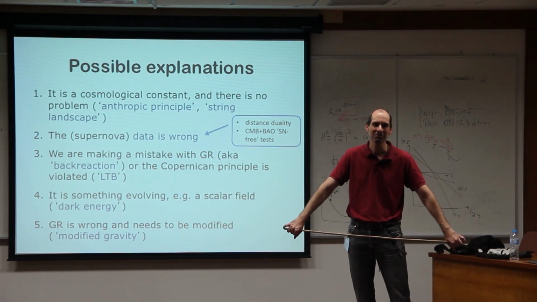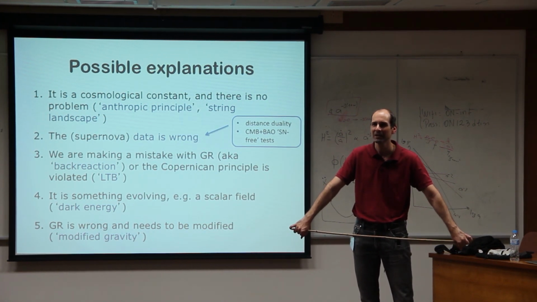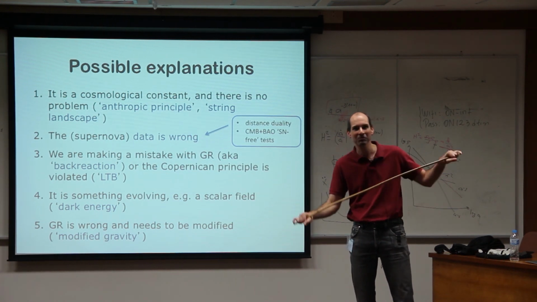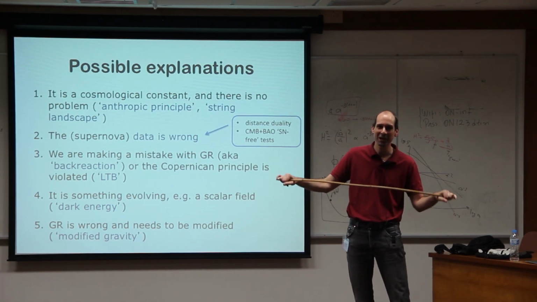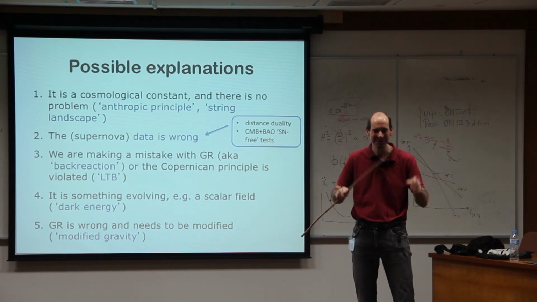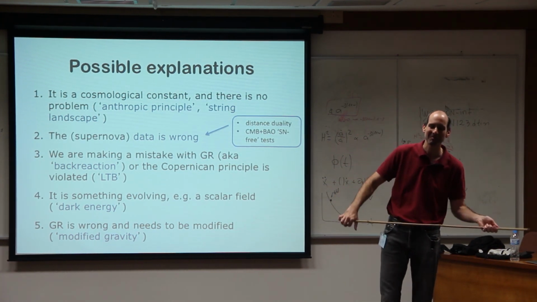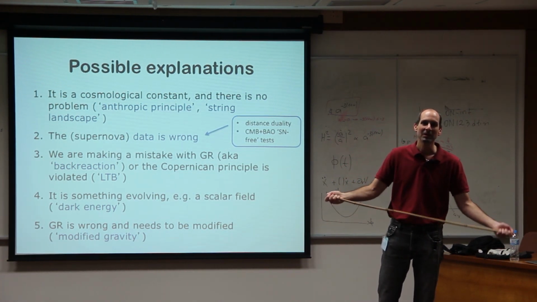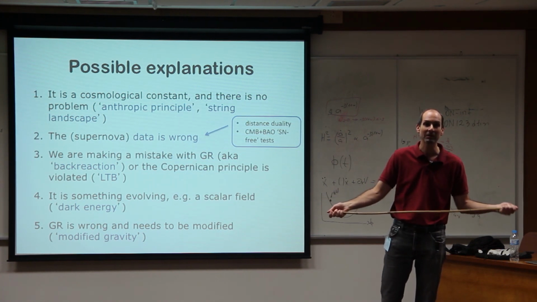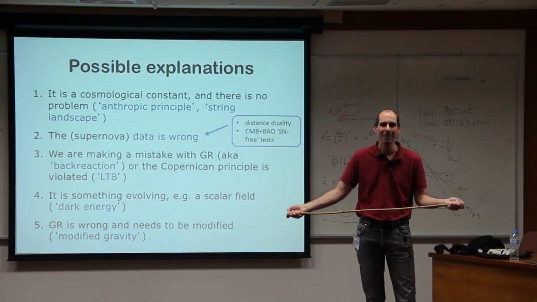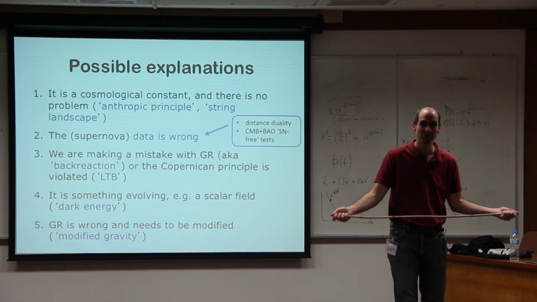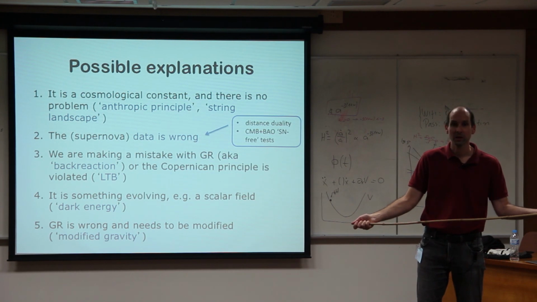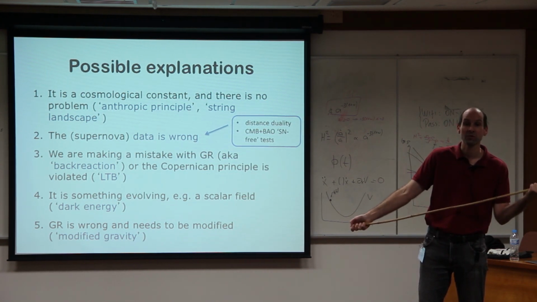But there are some papers by Subir Sarkar, Alain Blanchard, and probably some others where they try. The question is always how many things do you have to break to still make it work, and over time you need to break more and more things. You also need very massive neutrinos and many other things. So the question is a bit how many data sets do you have to disbelieve in order to make it work? And I think we are really in the limit where it seems unlikely.